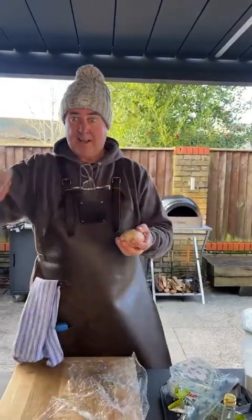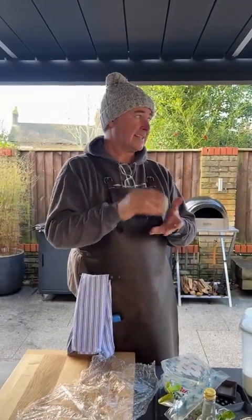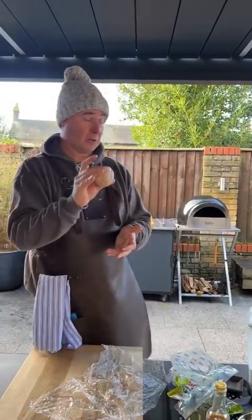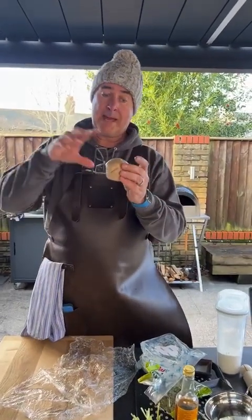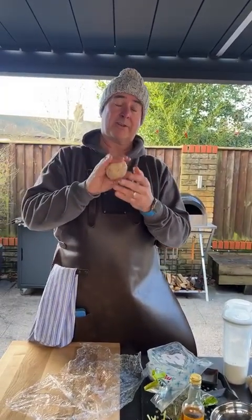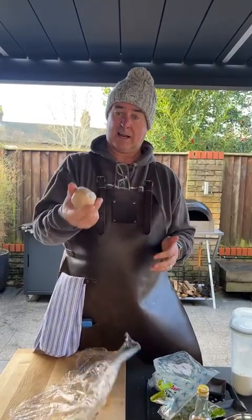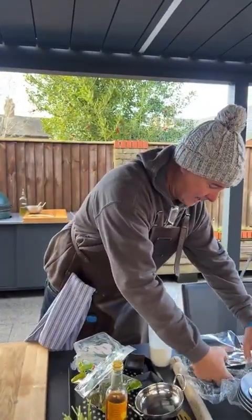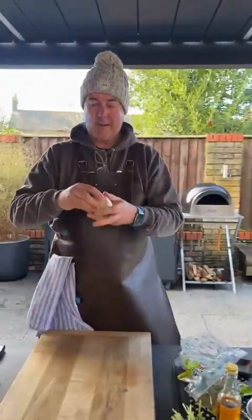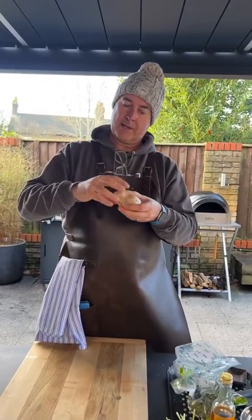Now there's 3 different types. You probably want the coarser one. This isn't the fine one. No, this is the coarser one of the 3. But anyway, you mix 200 grams of flour with 110 millilitres of water, half a teaspoon of salt, and just knead it, and that's it. So that is our dough. Then, after you put it in the fridge and let it rest for half an hour, you can pinch off